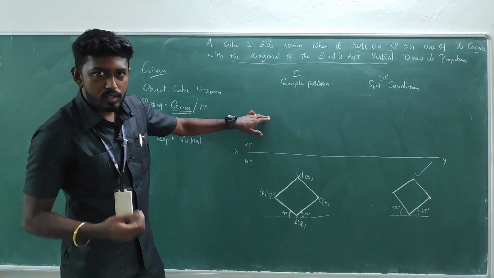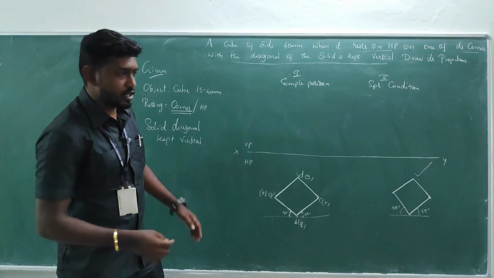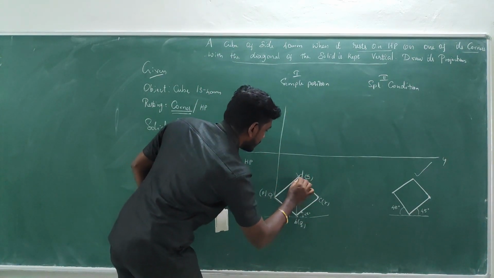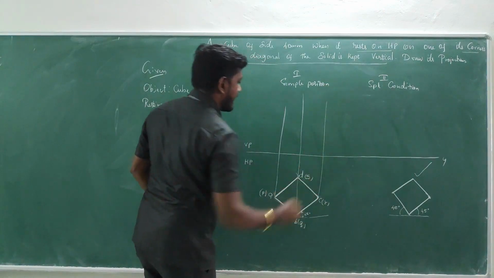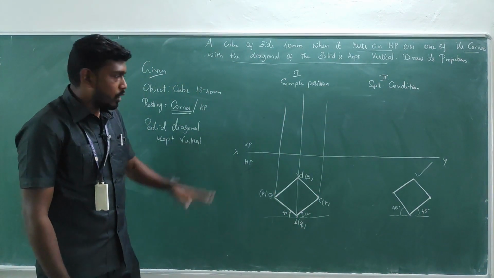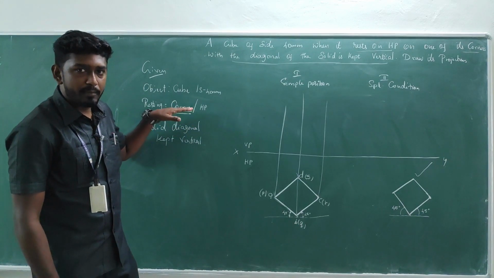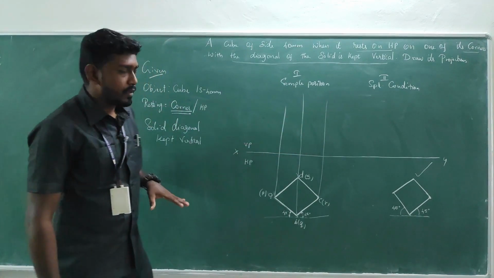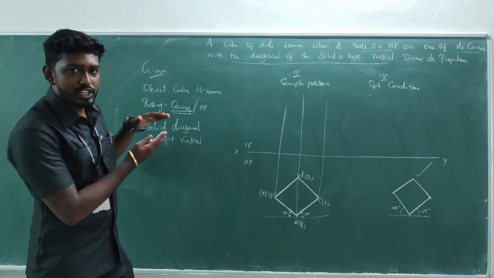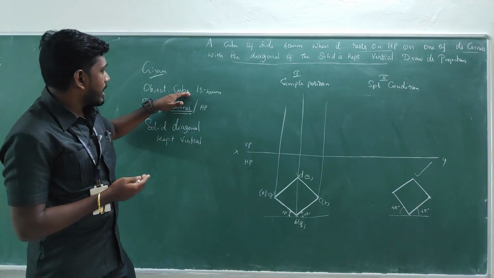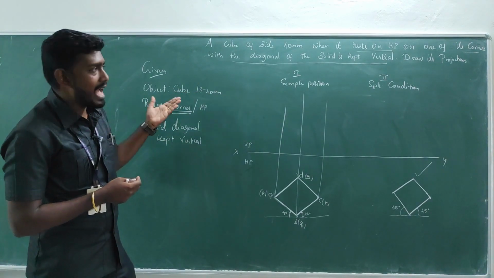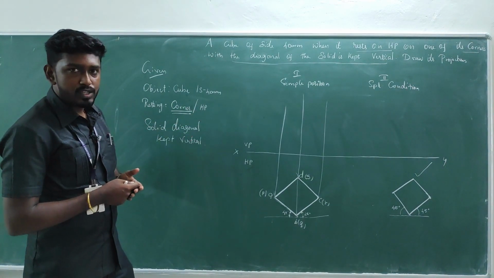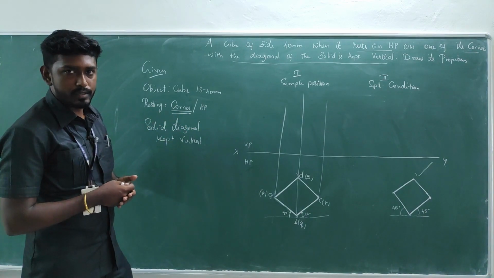Next is the front view. So it is familiar work, just take the projector to the next plane. Take the projector from each and every corner like this, and you will get the extension something like this. Now see, in all the typical problems we close the boundary of the view by getting the measurement from the axis, right? Here a cube of side 40 mm is given, but the axis height is missing. How will you find the height of the object?